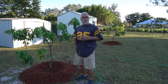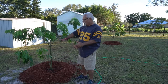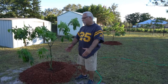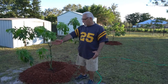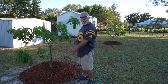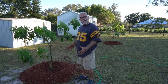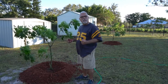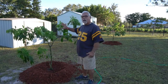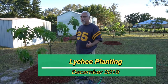Remember, amend the soil with some organic material. Create a nice berm or a little mound around it, a nice ring. Make sure you begin to extend that out further and further so that you end up having a wide mound all around the tree of plenty of mulch, because you want to protect the roots in the summer from the intense heat, and you also during the dry season want to maintain as much moisture in the soil as possible. The other thing that's important that we touched on is the wind. We want to protect the tree from wind. It's a very windy day today, believe it or not, and I'm going